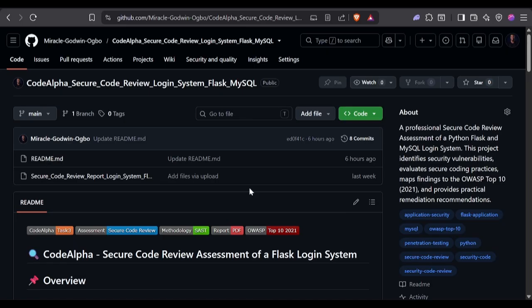For this project, I performed a secure code review on an open source Python Flask Login System. Instead of running or attacking the application, I just carried out a manual static application security testing assessment. That is, I carefully reviewed the source code to identify security vulnerabilities, recognize the good security practices the developer implemented, and recommend improvements based on the OWASP Top 10